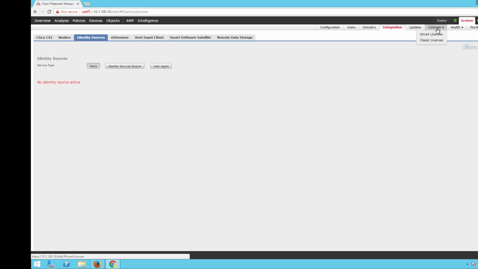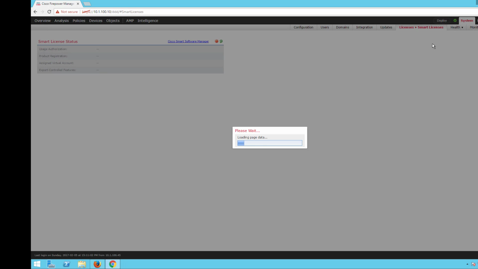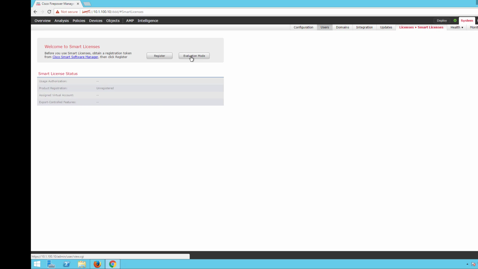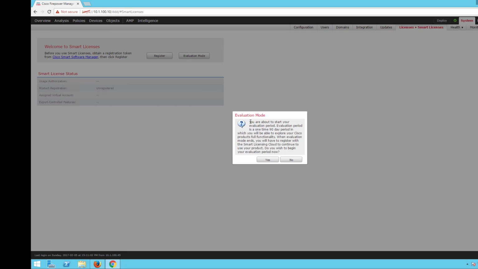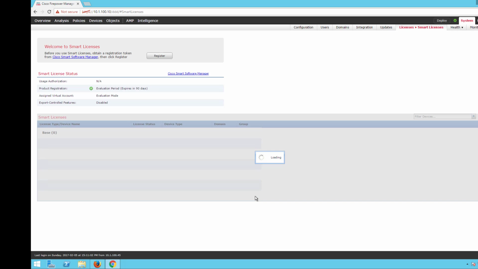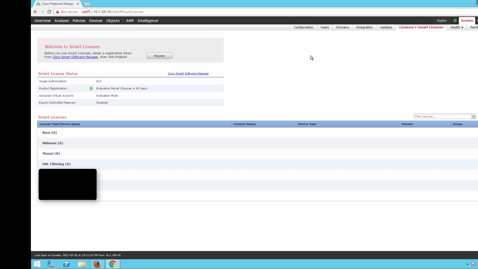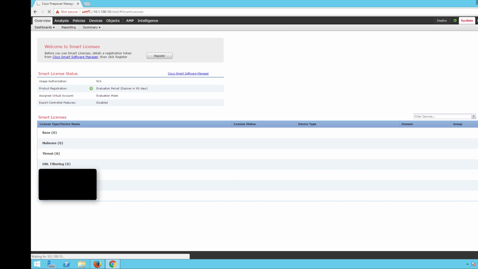Now, I haven't licensed this, and the best way to get my own eval license out of this is you go to Licenses, Smart Licenses, and go in evaluation mode. As you can see here, this nice little pop-up says you're about to start your evaluation period. Evaluation period is a one-time 90-day period for which you're able to explore your Cisco product's full functionality. When the evaluation mode ends, you have to register with the Smart Licensing Cloud to continue to use your product. Do you wish to begin your evaluation period now? Why, yes, I would like to. So let's go ahead and